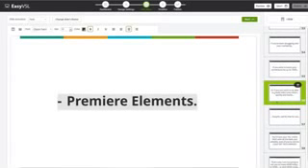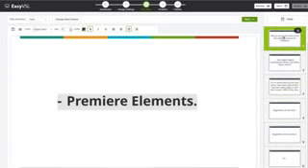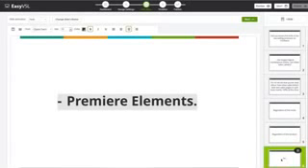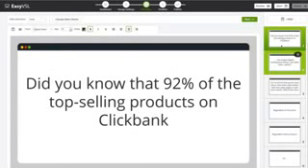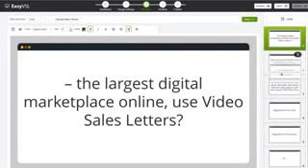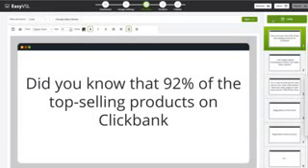So you just walk through all of your different slides. You can see here just a quick preview of all of your different slides. Okay, and you can add a slide if you want to. You can move one up, you can move one down, right? And so now what I'm going to do is go to the next